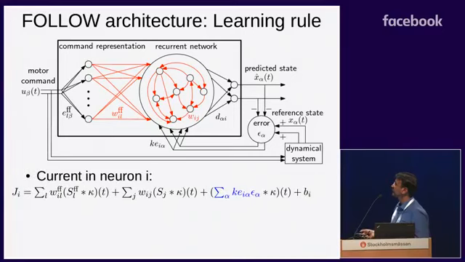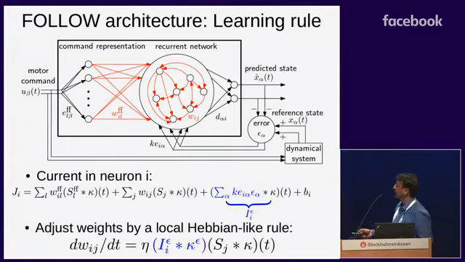So now we come to the learning rule. The current in one of these neurons is the sum of the feed-forward input, the recurrent input, and now this extra current, which is the error current. And this error current can now be used in a local Hebbian-like rule or perceptron rule, for example. This is the postsynaptic error current, which is being fed in here, times the presynaptic activity. And the presynaptic activity is already close to ideal, so the error directly can change the weights. So it's a simple perceptron rule, and this can be derived from a Lyapunov stability principle, ensuring that the learning is stable. And this is the trick from adaptive control.